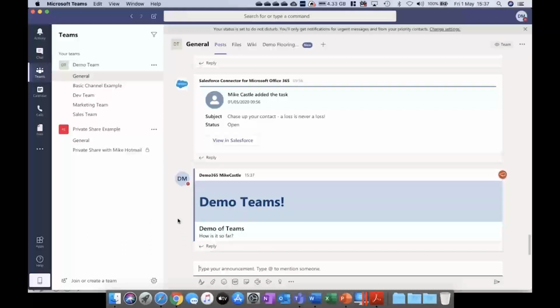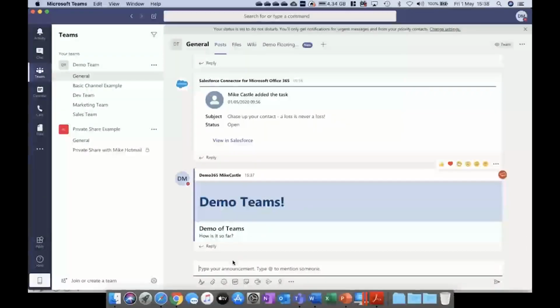What we've seen is that a lot of conversations started to move away from email into chat in posts, and this is more about the team sharing information, collaborating together. You can go to chat up on the left-hand side up here and have individual chats one-to-one. But for today, we're just going to focus on the team element, okay?